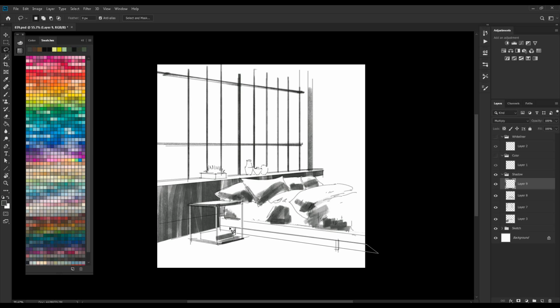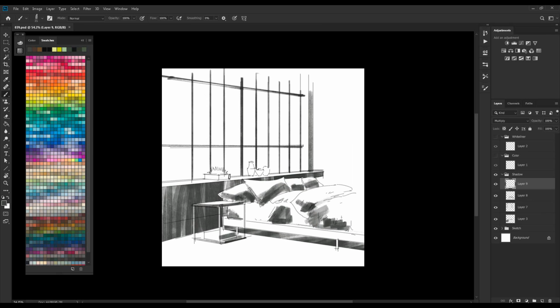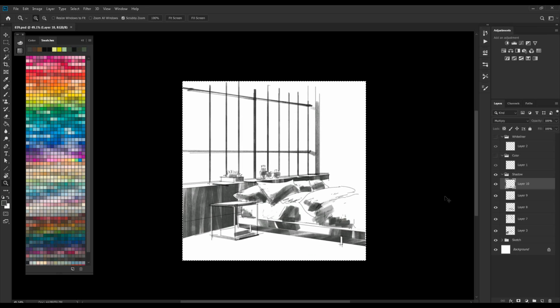A very common characteristic of marker renderings is that spaced out way of rendering. So make sure not to always solidify each space with a blocky coloring approach where it just looks flat all around. As you can see me painting the side of the bed, I'm spacing out the